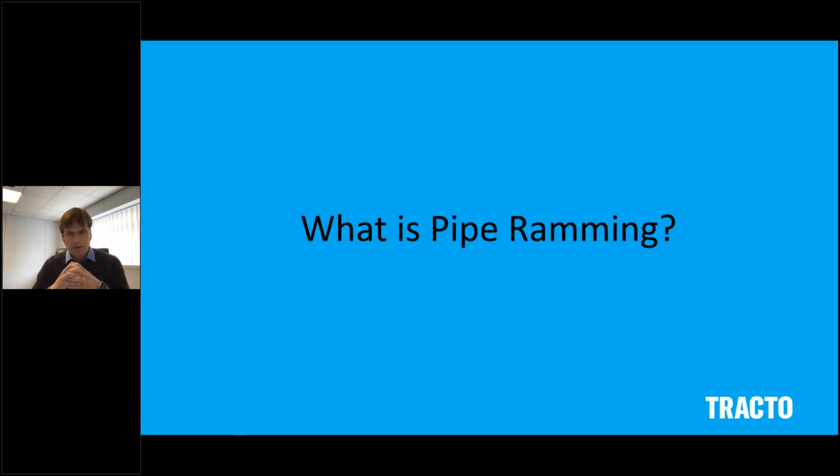Very often when talking about pipe ramming, people say to us, oh yeah, pipe jacking. And there are some major differences between pipe ramming and pipe jacking. The biggest one is that ramming uses percussive energy, and the machine is freestanding, whilst pipe jacking uses hydraulic jacks and needs some extensive shoring. Pipe ramming is preferable for shorter distances and applications that do not require tight directional control, such as, for example,